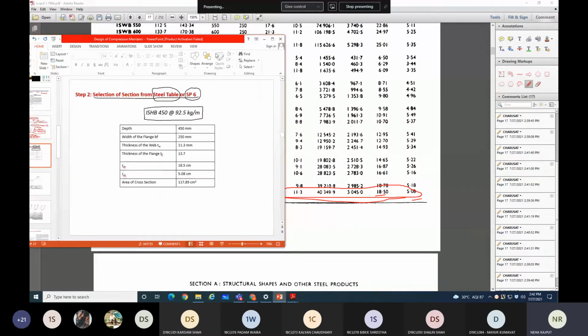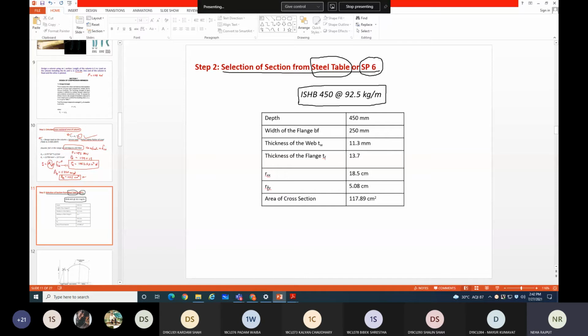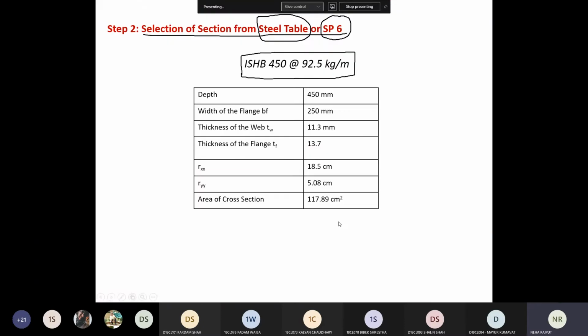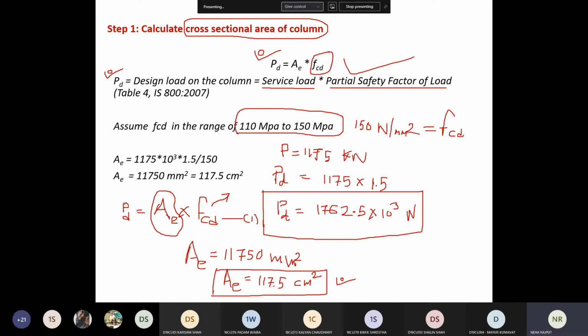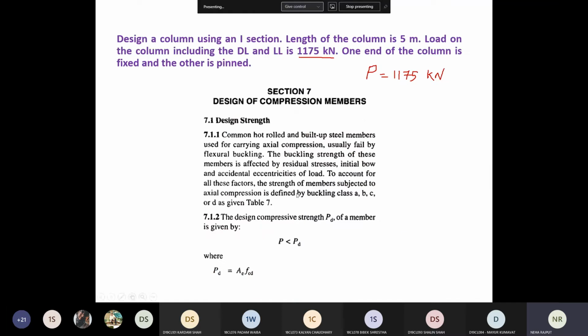Now this is the preliminary requirement for the design of steel column. Next onwards, 2-3 slides are very important for the understanding of buckling class as mentioned in clause 7.1.1, that buckling class A, B, C and D to get the value of this FCD.